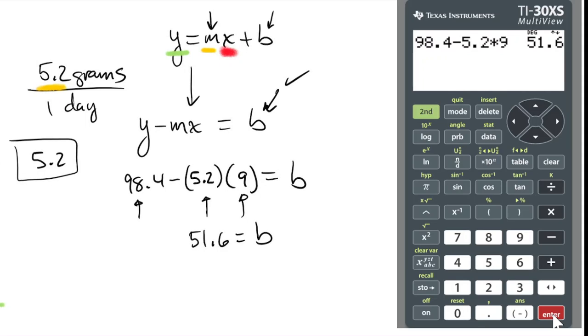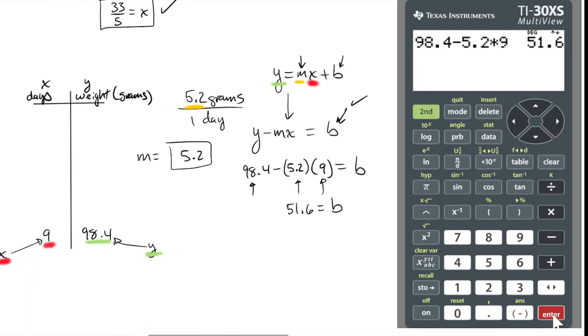Now that I know both my slope and y-intercept, I can write the equation of the line that models the growth of the chick. The equation is y equals 5.2 grams every day, starting out with 51.6 grams on the day that the chick hatched. If I go back to my graph in Desmos, where are you at, Desmos? No, actually, this is